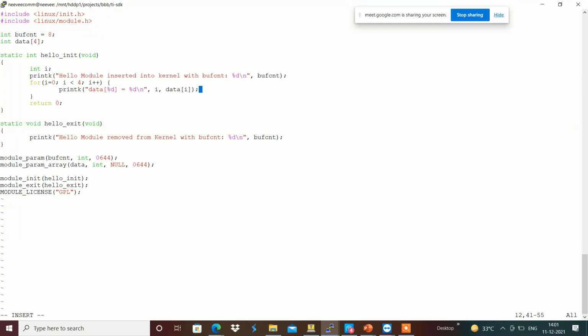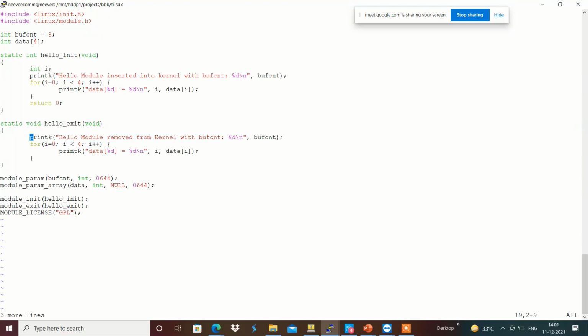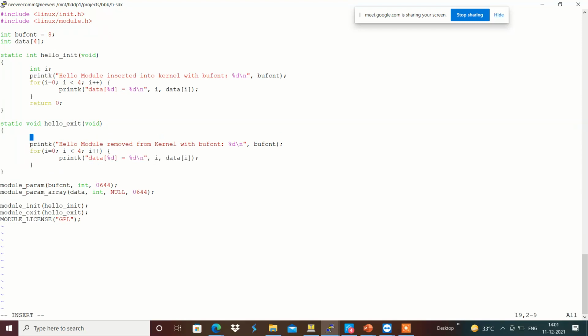In the same way, I am going to do it while exiting, with integer i over here.